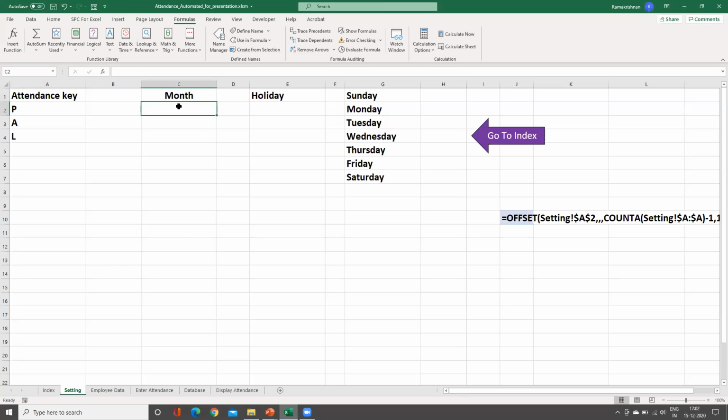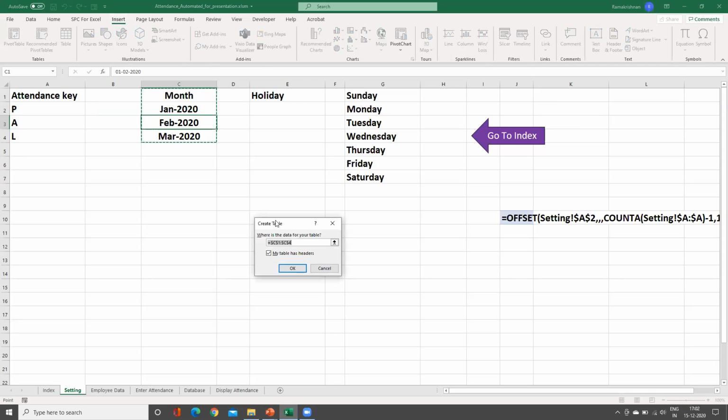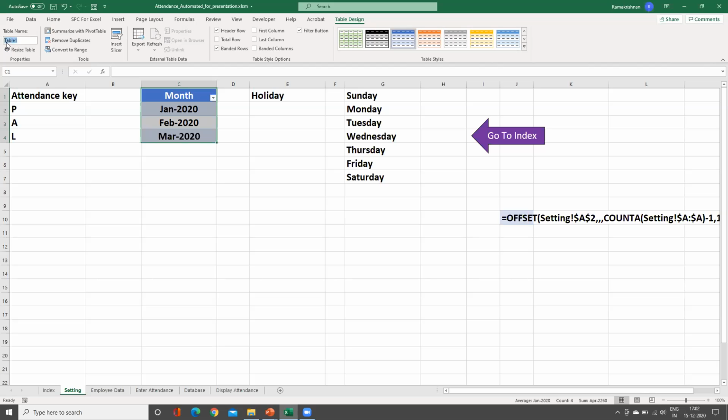Now here I will take some months, 1/1/2020. So January is there. I will just drag, and you will have 3 months. Now I will go to the center, insert a table, and it is asking whether the range is okay and the header is there. It's there, so I will click OK. It has put a name, table 1. What I will do is change the table name,